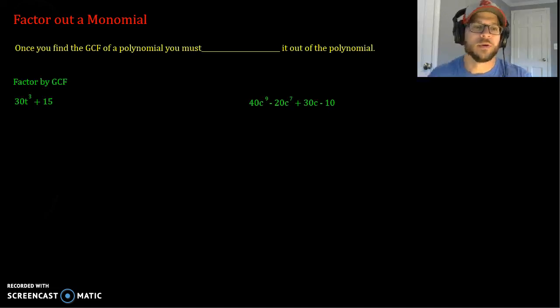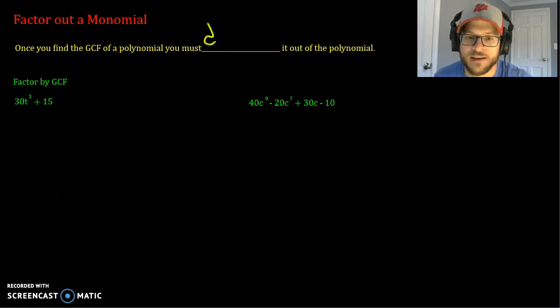Alright, in this tutorial we're going to go over how to factor out a monomial term from within a polynomial. So you're looking at terms that have at least two within a polynomial. Could be binomial, trinomial, or just four or more in a polynomial, but you're going to take the monomial out of the polynomial. So once you find your GCF, or your greatest common factor of a polynomial, you then have